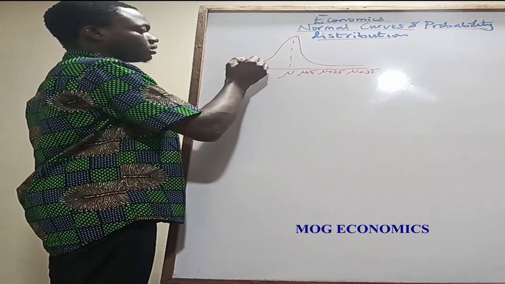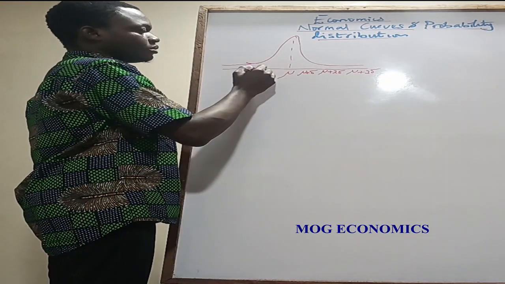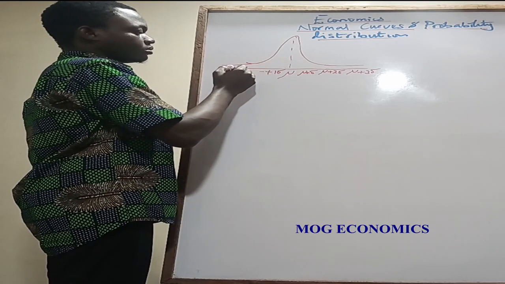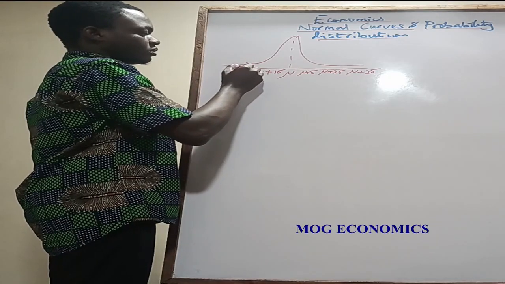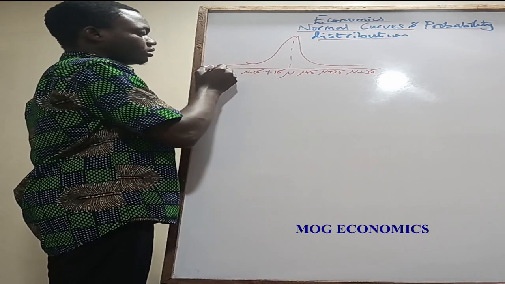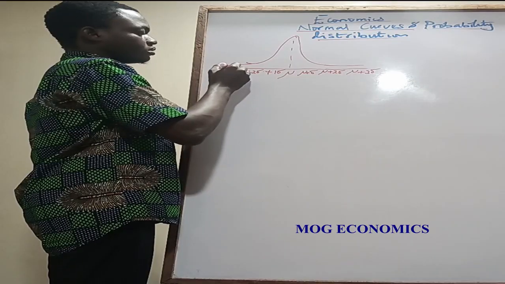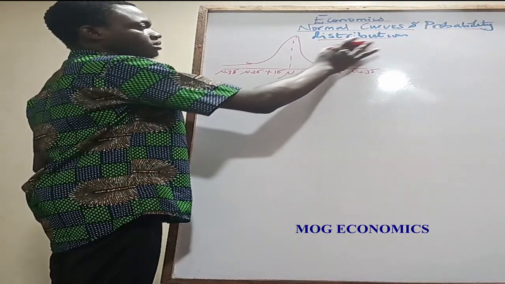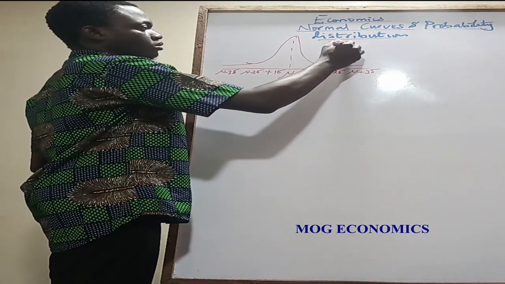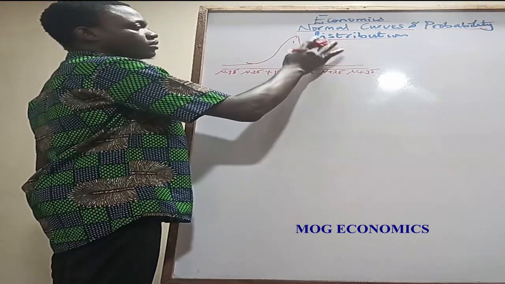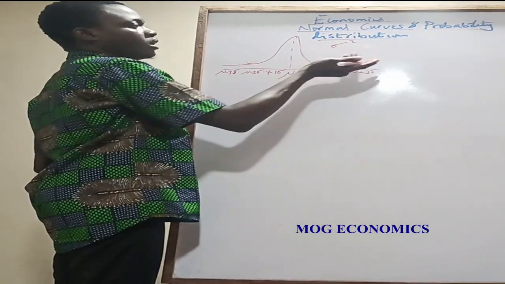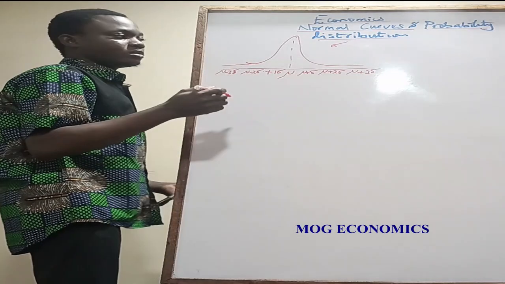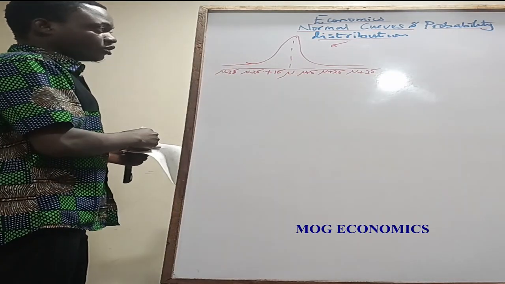Coming to this part, you have the mean minus one standard deviation, then the mean minus two standard deviations, and the mean minus three standard deviations. Standard deviation is represented with this symbol that looks like an R, and if it was variance, it's going to be this squared. For standard deviation, we just have this. Then you also have to remember that